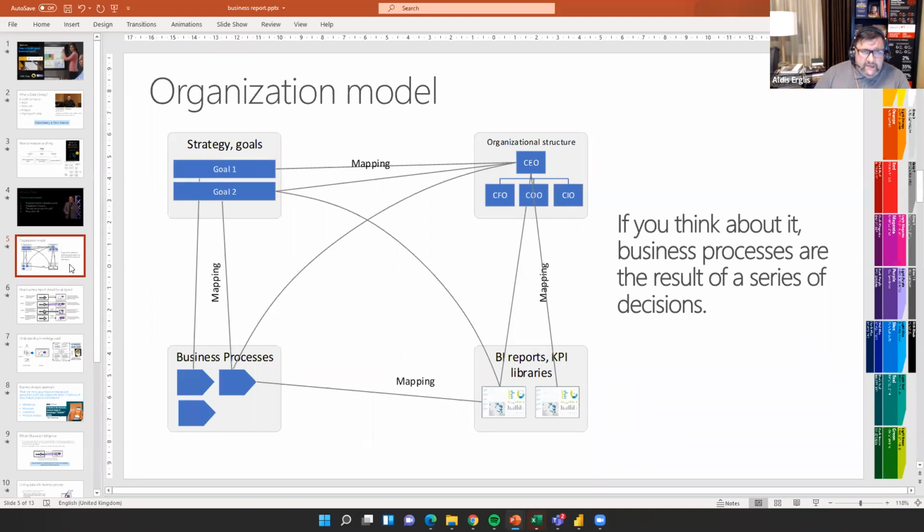We want to explain some process, maybe, or give more understanding of some combination, for example, between goals and processes, or goals and organizational structure, and